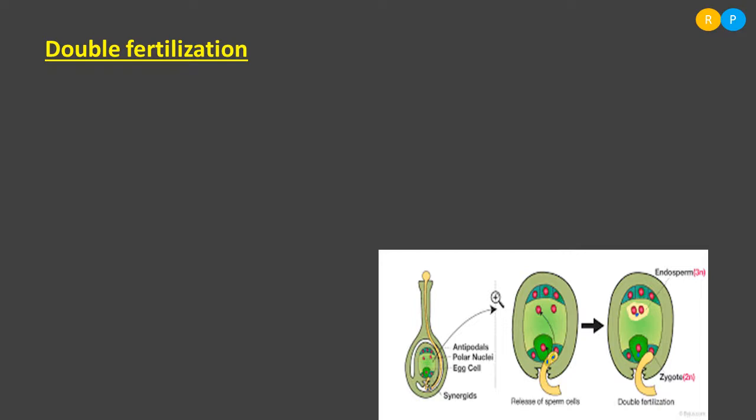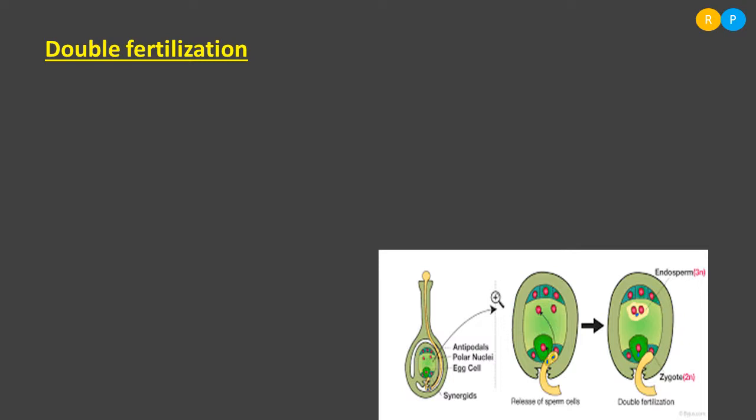We know the female gametophyte is present within the ovule. The mature female gametophyte, or embryo sac, consists of 8 nuclei and 7 cells. Clear? Out of 7 cells, 3 cells are present towards the chalazal end of the ovule. So what is the name of those cells? Those cells are named antipodal cells. You can see in the diagram, the 3 cells present towards the upper region of the female gametophyte are named antipodal cells.